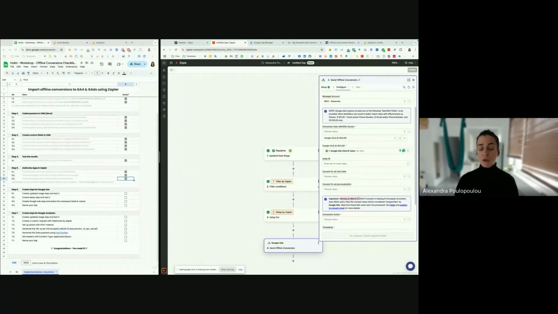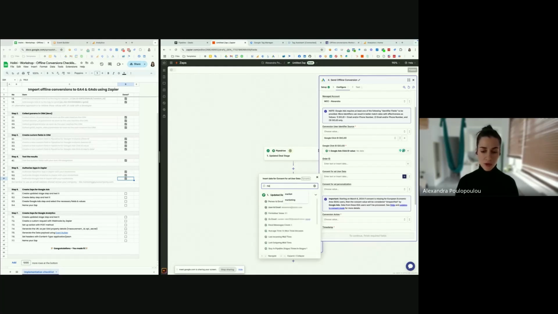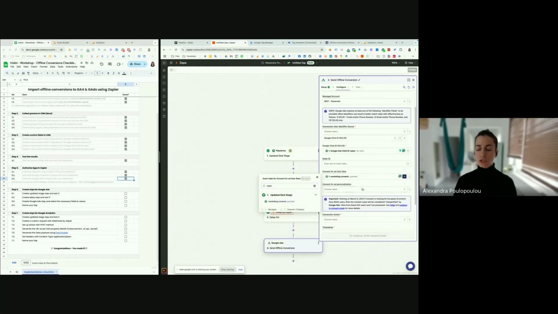You see that here we have a warning that since March 6, it is mandatory for European countries to use these values if we want to leverage Google Ads audiences and conversions. So here you can use a static value like granted or denied, or you can use a custom. We are going to use a custom because we have created this kind of values, and we will use our marketing consent here and here.